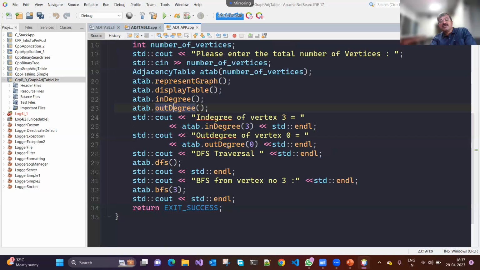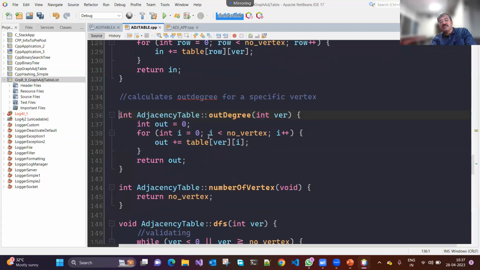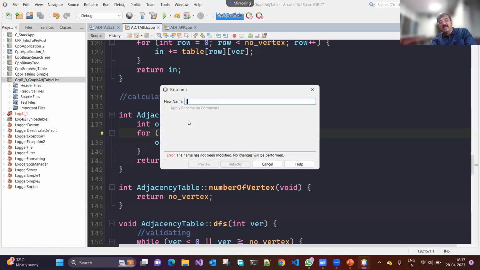Then suppose we are asked to find out the out degree of a particular vertex. At vertex number 0 we have to find the out degree. So we pass vertex number 0. When you come over here, we're saying out is equal to 0. This I could immediately change it to